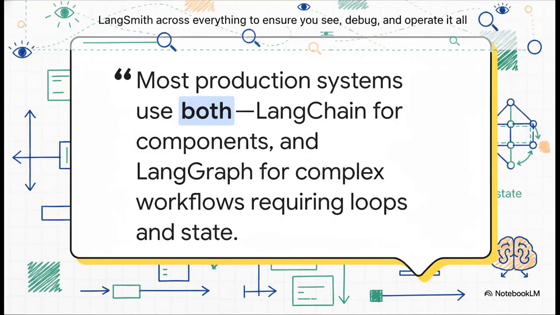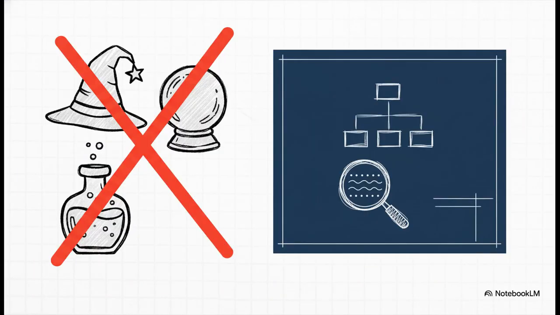Let's really land on this because it's the core idea of this whole explainer. You don't choose between LangChain and LangGraph. You use the right tool for the right job. LangChain for the simple, straight parts, LangGraph for the complex, loopy parts, and LangSmith watching over everything, everywhere. And this, my friends, is what mature agentic design actually looks like. It's not about hype, it's not magic. It's just applying solid software engineering principles, like state machines and observability, to build AI systems that are reliable, controllable,